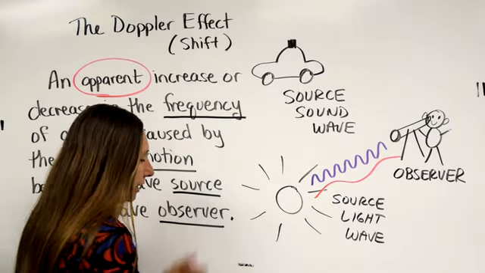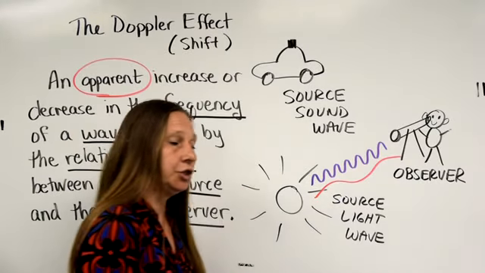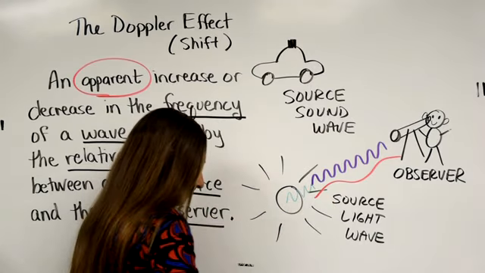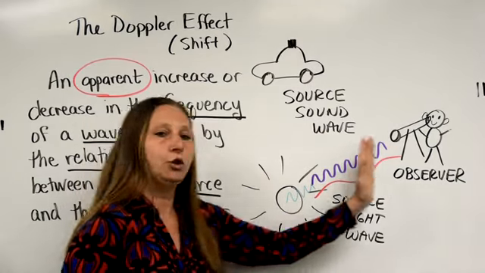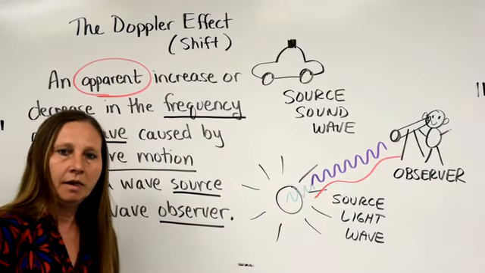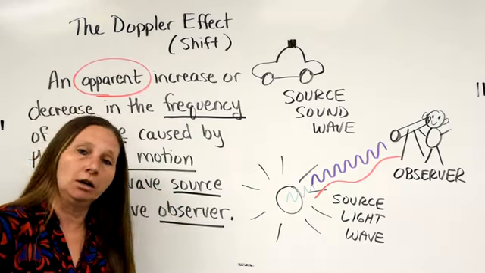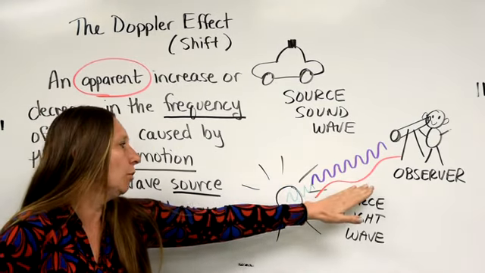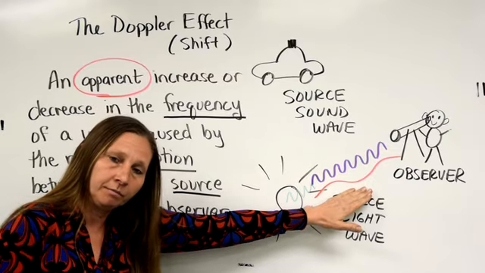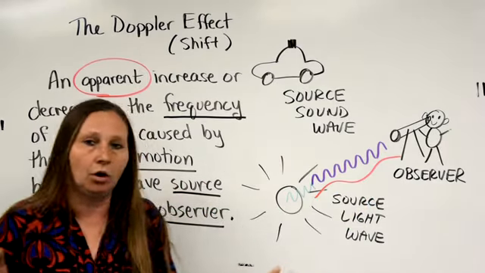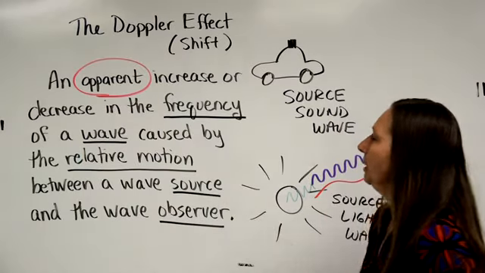Okay? So now keep in mind, the star is still giving off green light, but because it's moving toward or away from the observer, its apparent color is going to be either more toward bluish violet or more towards an orangey red, right, toward that end of the spectrum. All right, so again, now we're going to look at all of this in much more detail. But I want you to